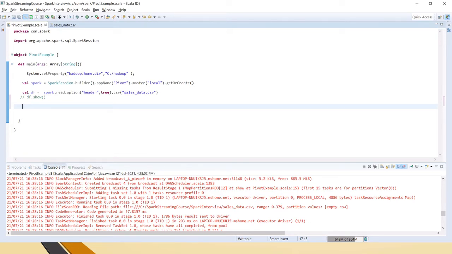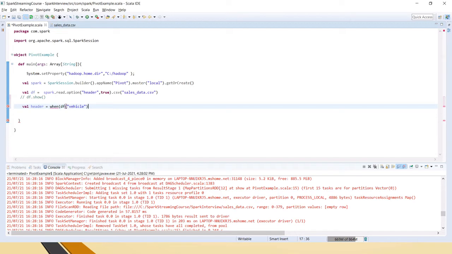So for that what we will do is, we will just create a header, because that's a header, right, in the table. So I'll say val header equal to, so now we have to add a when condition. If it is a car, then model, and if it is a bike, then brand, right? So based on that requirement, now we will write when df dot this is the column name in the data frame.